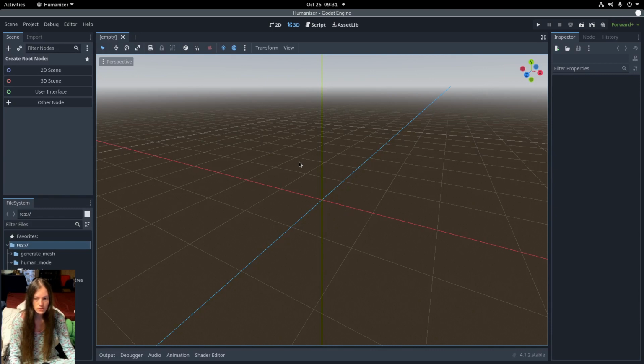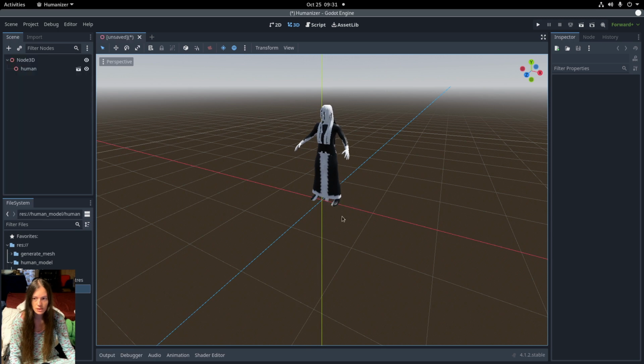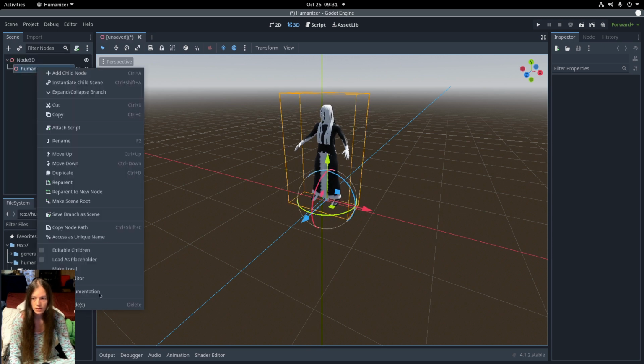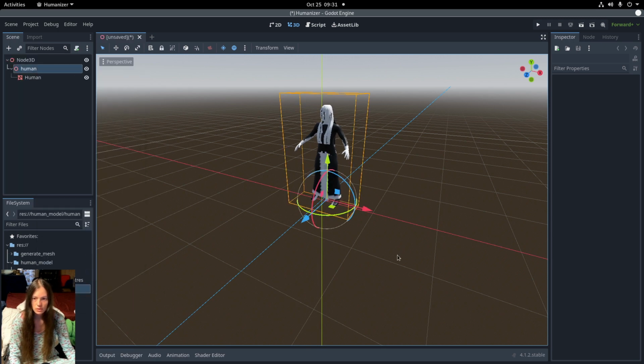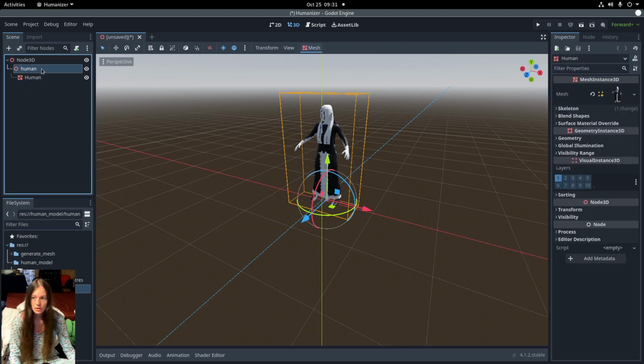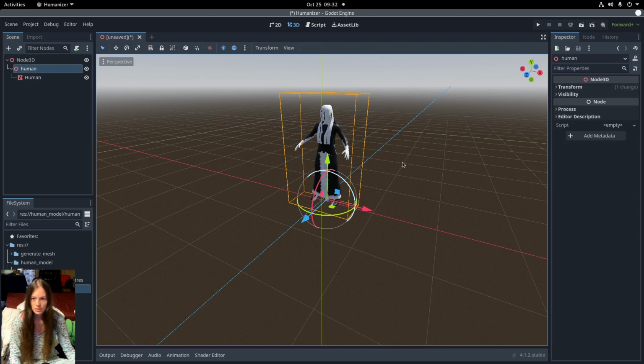So first, you'll want to save the blend file mesh as a separate resource. As you can see, you can just drag the blend file directly into a new scene, and then right-click Make Local to edit the nodes. However, this makes a new copy of all of the data in the scene, and it won't update automatically, so